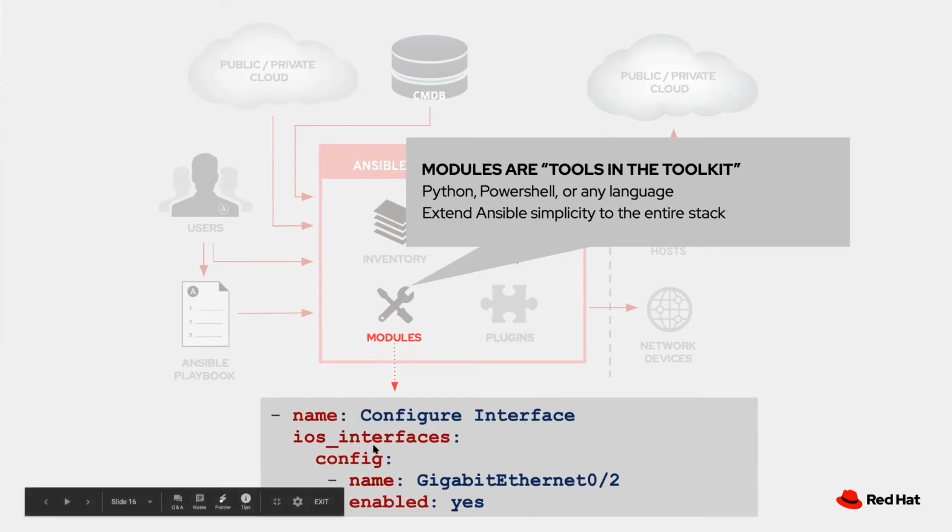So you're going to use the module here called iOS_interfaces. So you can see right there. And then we're going to set a configuration with that module. These are the arguments for that module. So first of all, we're going to name the interface we want to manage. We're going to manage the first gigabit Ethernet block interface number 2, and we're going to turn it on. That's actually really straightforward. So you can see when I say this is English, that's what I mean. You can see this does not look like a program language. That's what it is. All it is is a description of what to do. So Ansible is a descriptive language.